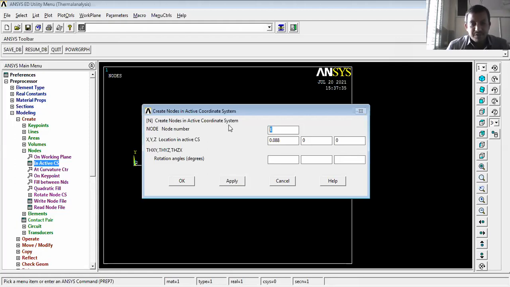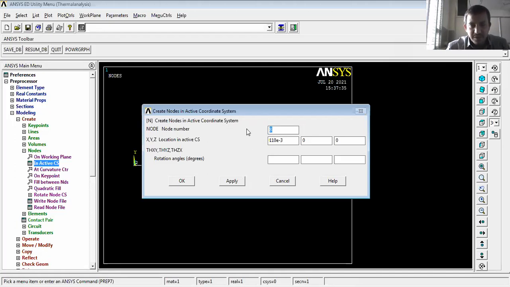Fourth node done. Next, fifth node. 88 plus 20, that is 108, plus 2, 110. Is it right? 110 into e raised to power of minus 3.